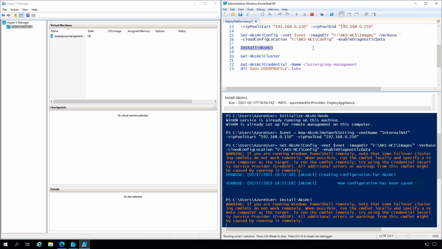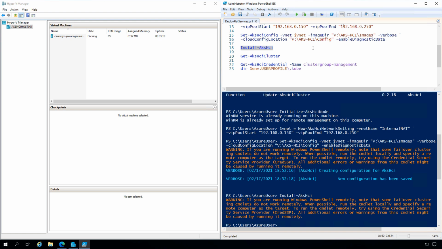Then it's going to start building a VM based on that image, and you'll see it's appeared on the left in Hyper-V Manager. It might be a little bit small, but you can make out that there's now a VM running in there with, in this case, 8 gig of RAM. It's starting up and getting the services ready. This is essentially going to be our control plane VM infrastructure for our platform services, the first step that we described as part of the deployment earlier. That just takes a few minutes, and that is now available.